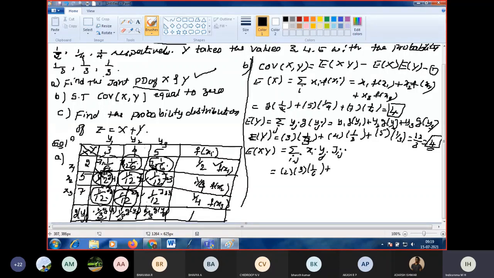Next, 2, 4, 1 by 6 plus, complete the first row first, 2 into 5 into 1 by 6 plus, come to the second row now. 5 into 3 into 1 by 12 plus 5 into 4 into 1 by 12 plus